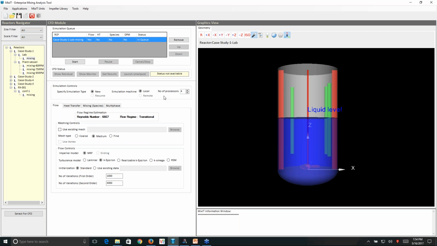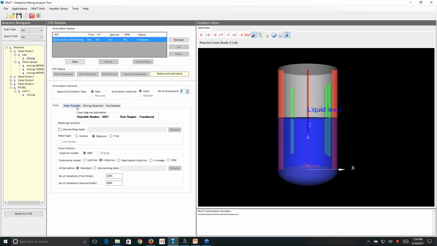Now CFD is a number-crunching process, and based on the number of processors you want to use on your machine, the simulation time will be controlled by the capacity of the machine processor. So here you can use multiple processors to speed up your analysis, and typically we recommend that a 4 processor machine should be available to get the simulation in a decent time, which is typically 3 to 4 hours for one simulation.